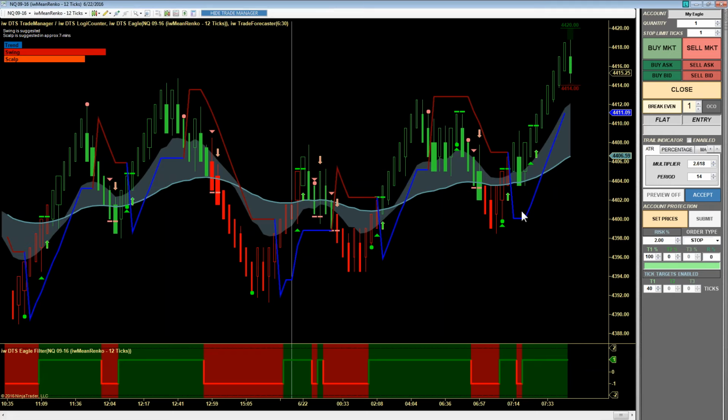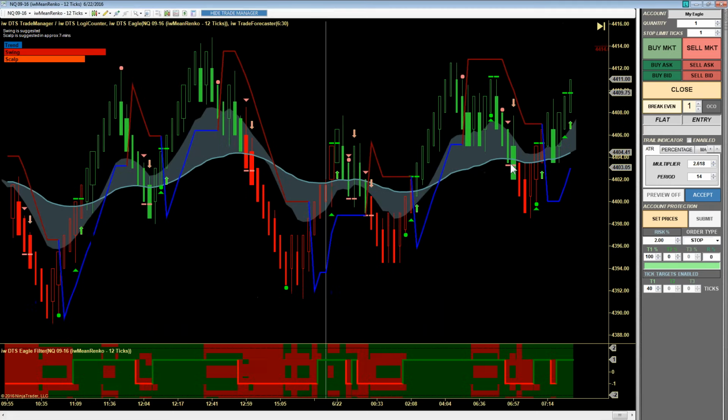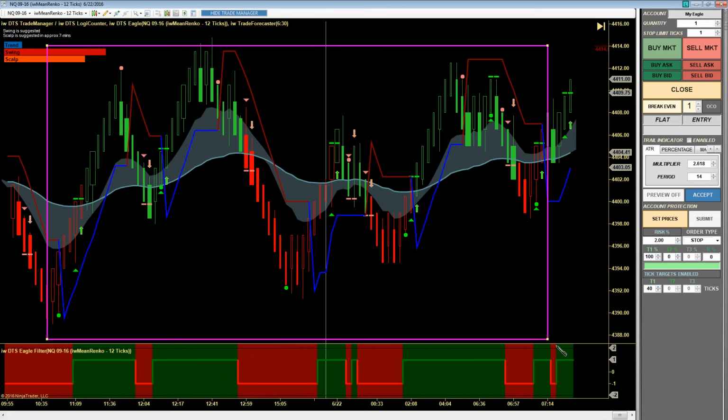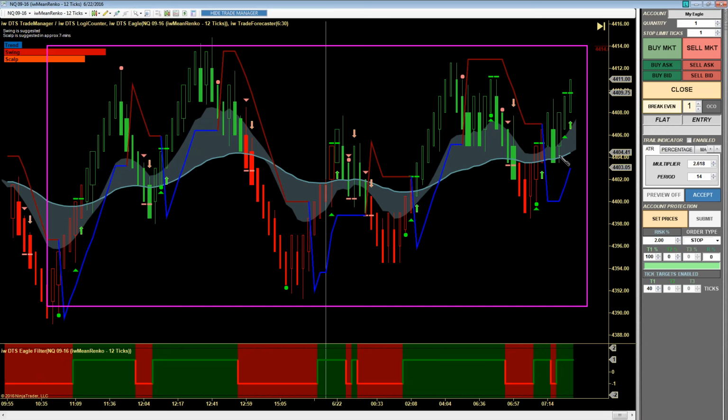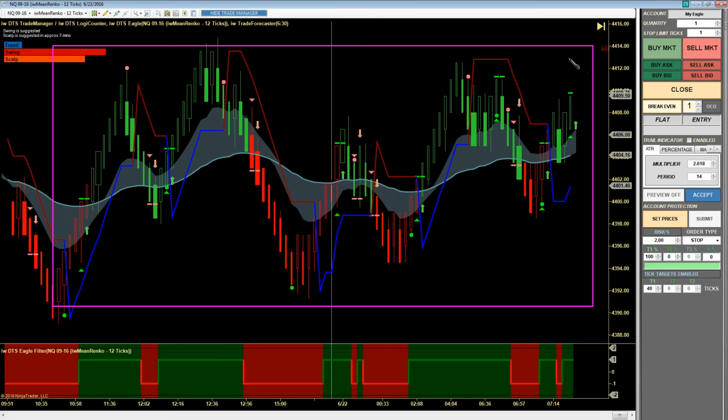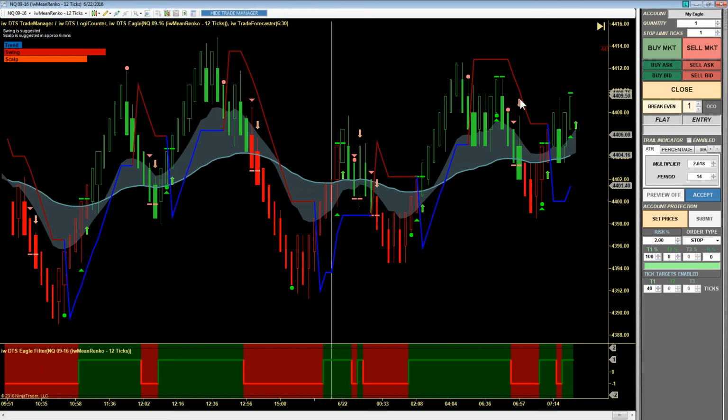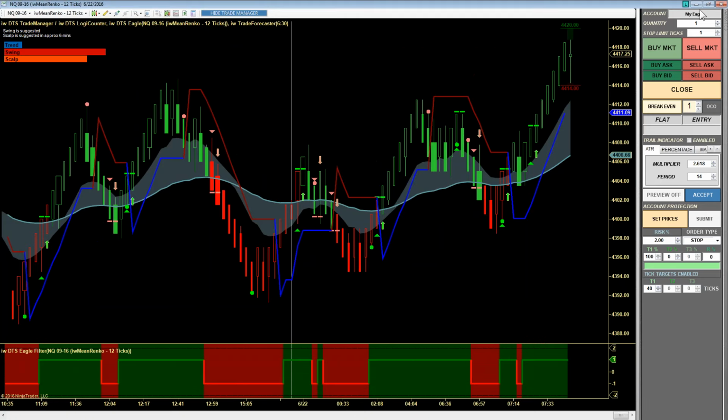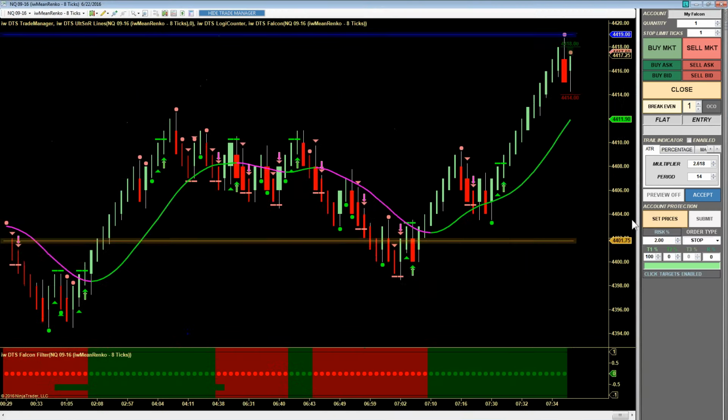This would have been a difficult signal to take when it printed, because this is what it looked like, and at the time, everything still looks like trading range, right? Not really enough room to profit up here when the signal is printing. Not really enough room to do something with my stops in case the market bounces off of the highs again. So even though it's a valid signal, quite honestly, I might have been a little reluctant to take that. I would have been less reluctant to take the signal here in the Falcon